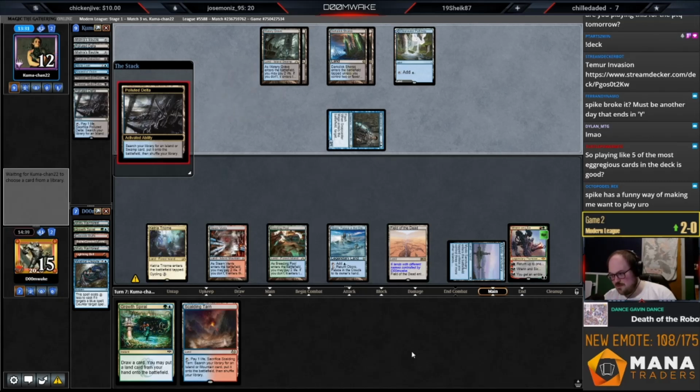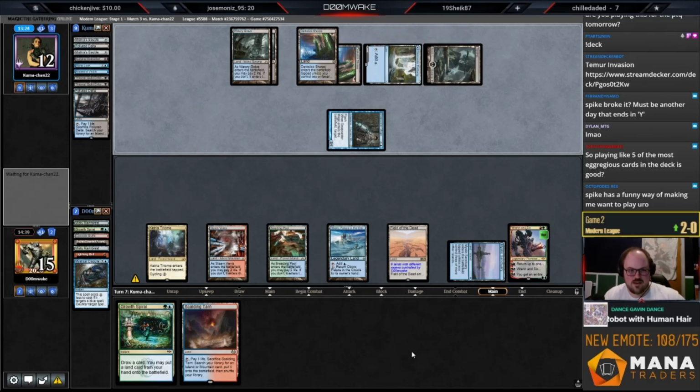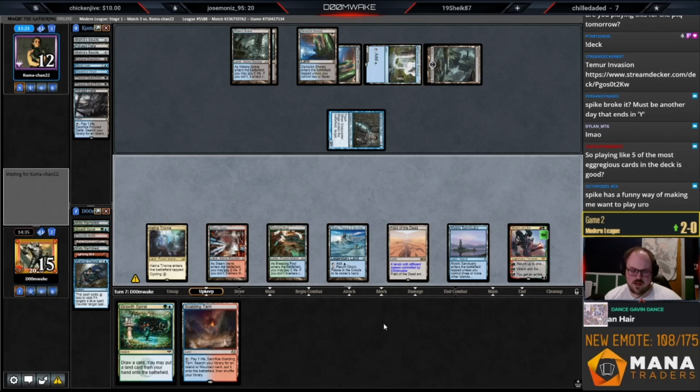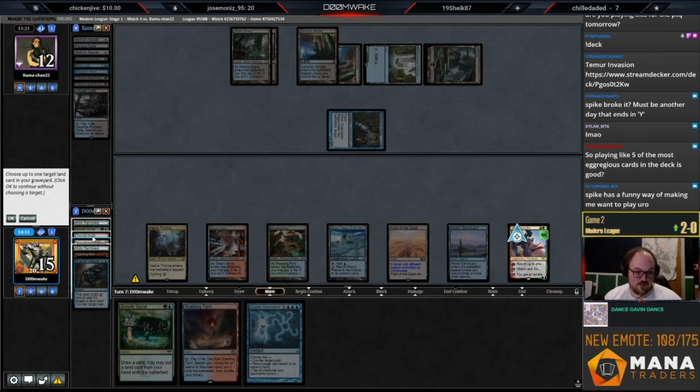Spike is a funny way of making me want to play Uro. I kind of feel the same way. Like, this Uro deck I'm okay playing because it has Primeval Titan. It has a much more proactive game plan than the traditional Uro decks, and I'm kind of okay with that, you know? Like, I don't like playing the Dirtle do-nothing Uro decks. I guess Omnath sort of fills that role, but I don't know. Primeval Titan, to me, just does it better than anything else, so...